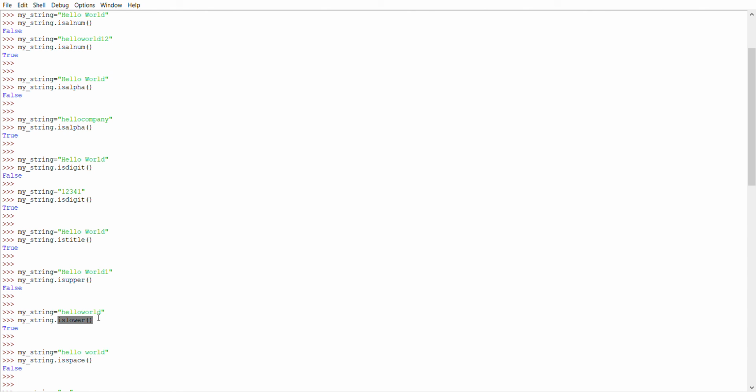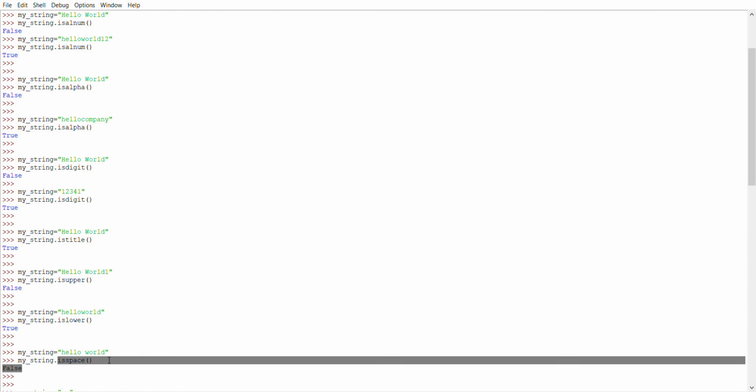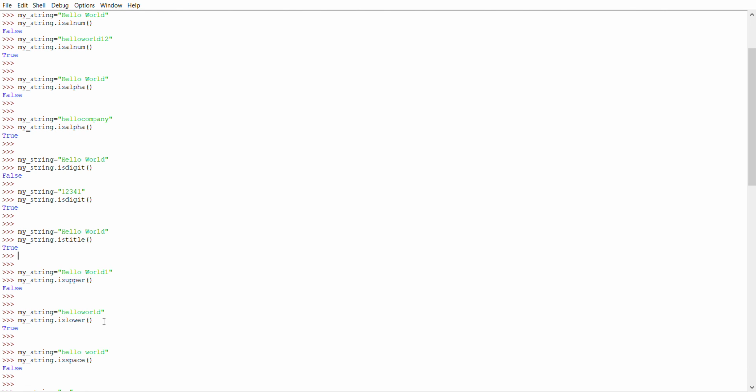Next is isspace. isspace is nothing but a test of whether the string contains only space. There is a space in between hello and world, so it returns false. Why? It tests the string; the string must be only empty space, with no words, no numbers or anything.